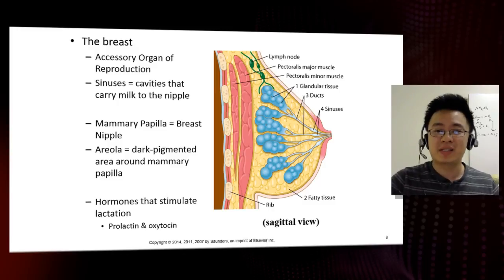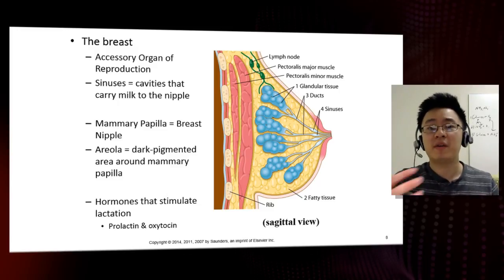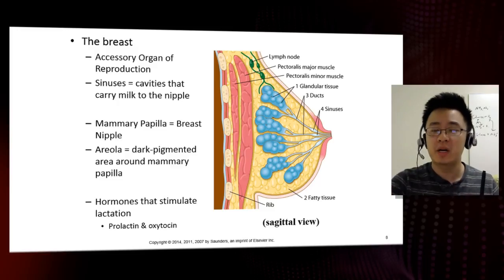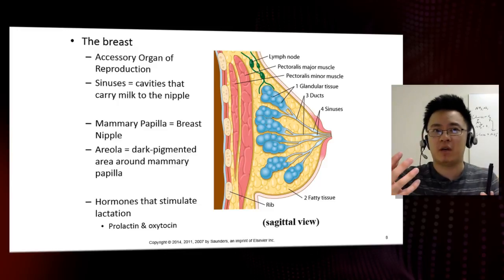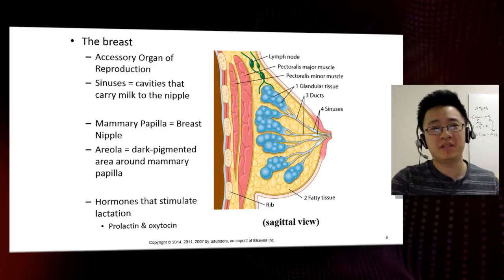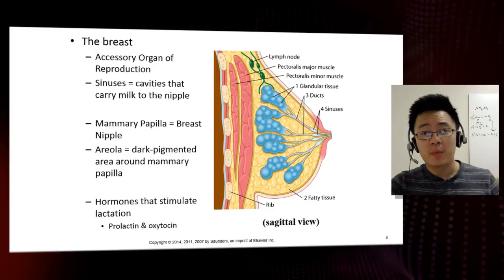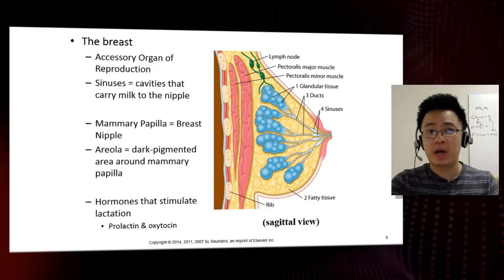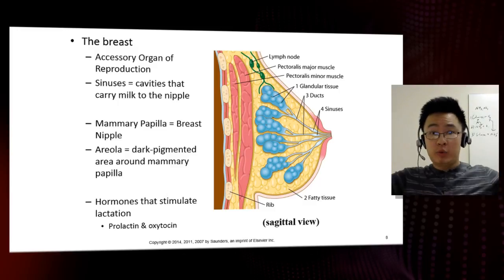And you can see here is a sagittal view of the breast. And one of the biggest misconceptions that a number of individuals have, that I've seen in my medical terminology class, is that a lot of individuals believe that women do not have pectoralis major or pectoralis minor muscles because the breast tissue is covering them. So there's a conception out there that they don't have those muscles. Now let me tell you something. If women did not have the pectoralis major or minor muscles, they wouldn't be able to do this, okay?